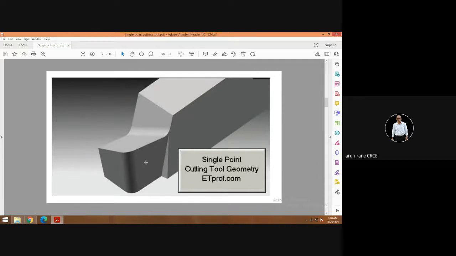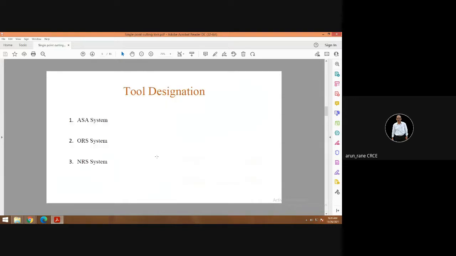First, you have to do roughing on a pedestal grinder, and then you have to do the final angles finishing on a tool and cutter grinder. Now, designation is also called the tool signature, or the tool nomenclature. Okay, tool designation, tool signature, and tool nomenclature are the same thing.